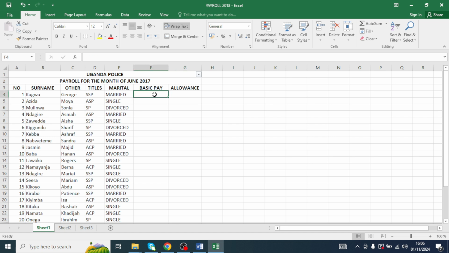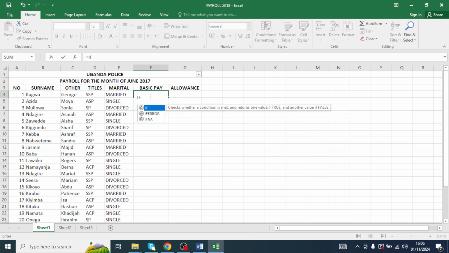So in this cell F4, letter F, then number 4, that is the cell that is currently active. I'm going to use that cell to generate someone's basic pay. Straight away I'm going to type equals if. So I'm going to use D4 because D4 is having the titles I am basing on to compute the basic pay. I'm going to use D4, and it is the logical test I want. So I'm going to put D4, or you could just click at this. The machine can display a D4. So I'm communicating to the machine, and